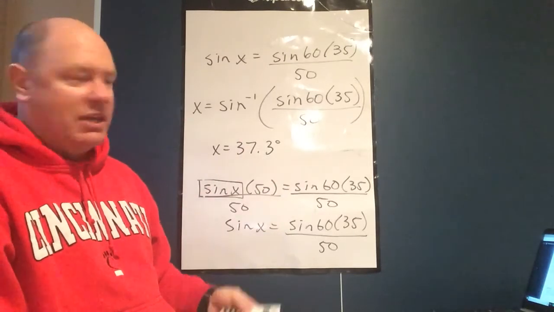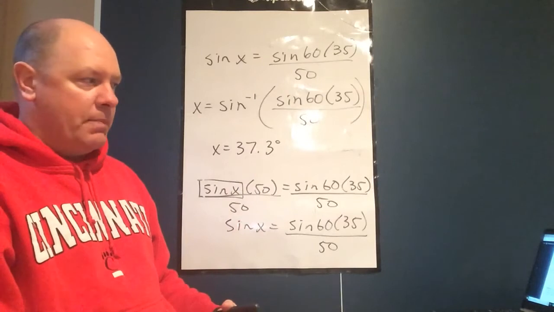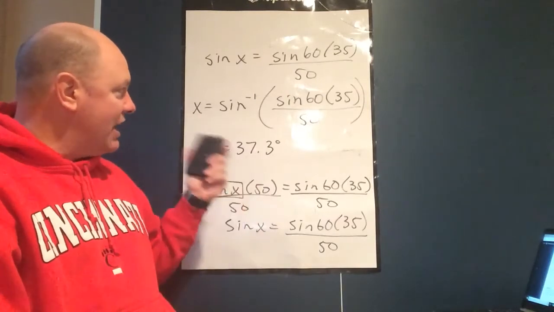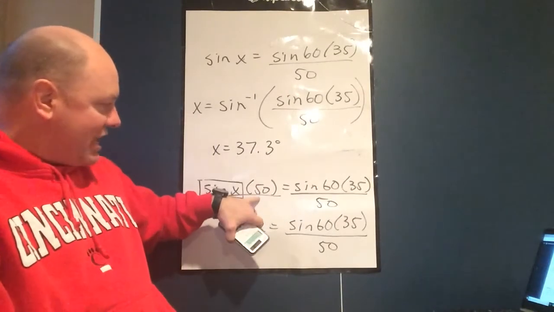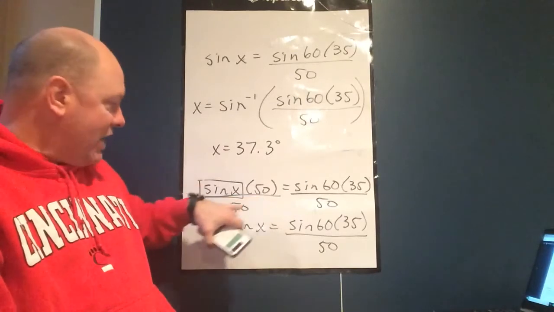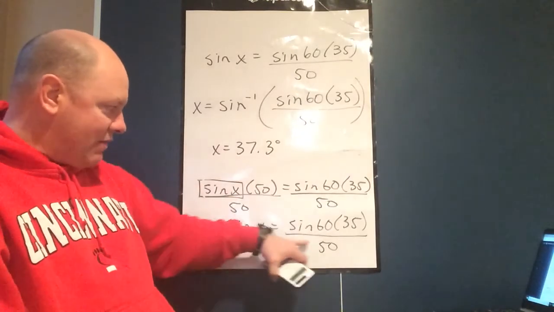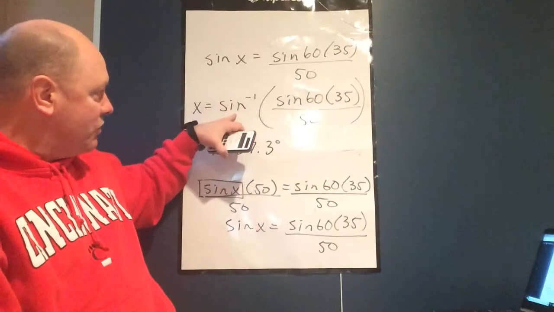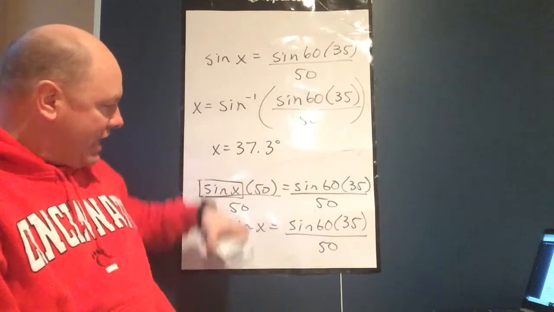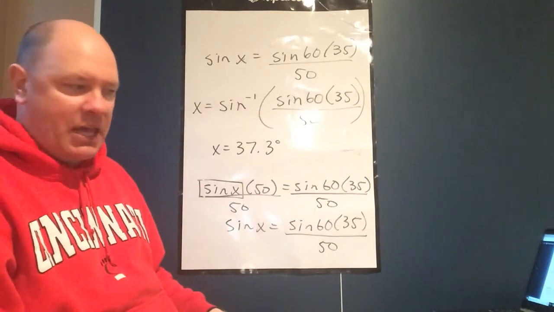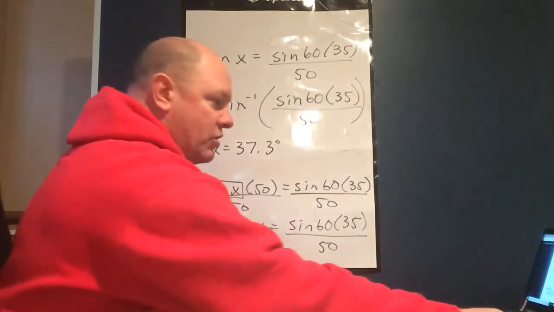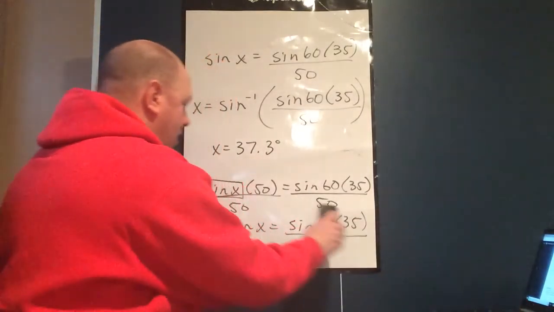It was less than 50, so we knew that was our format there. Okay, so that's the key function in that format. Again, it's an extra step, taking that 50 and dividing it out. And then once you have it here, then you can do the inverse function. You can look at it as the inverse function to find the angle. Okay? All right, we're going to do the last one, the second one here,